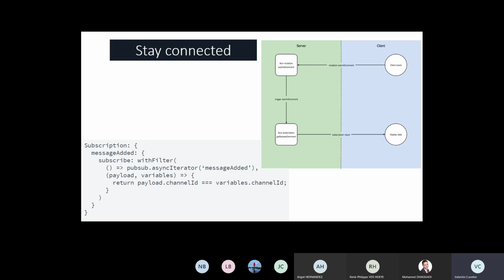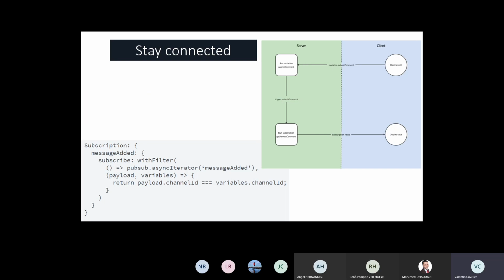We have also a mechanism in GraphQL, which is a subscription. This functionality allows the GraphQL server to send data to the client, to the customer, when a specific event is produced on the server side.